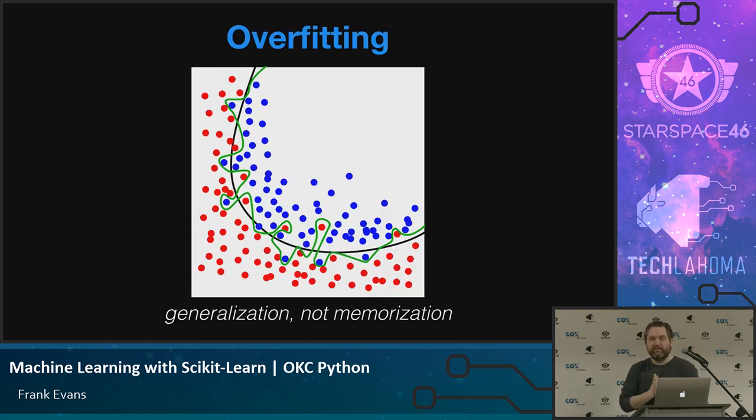The one thing to keep in mind, we're going to play a little bit with this today, is that what we're trying to get to is this idea of generalization instead of memorization. Because computers are very fast, it's extraordinarily easy to just memorize where everything is.